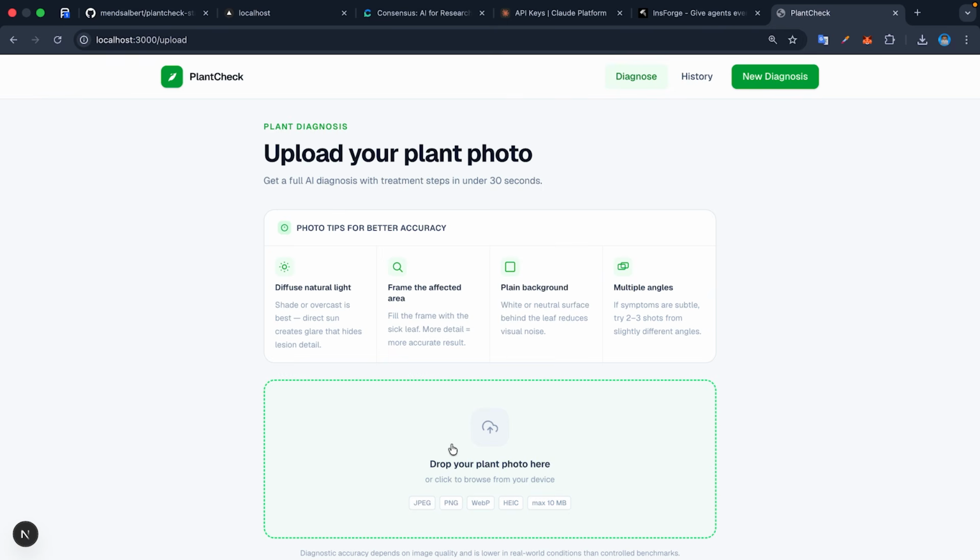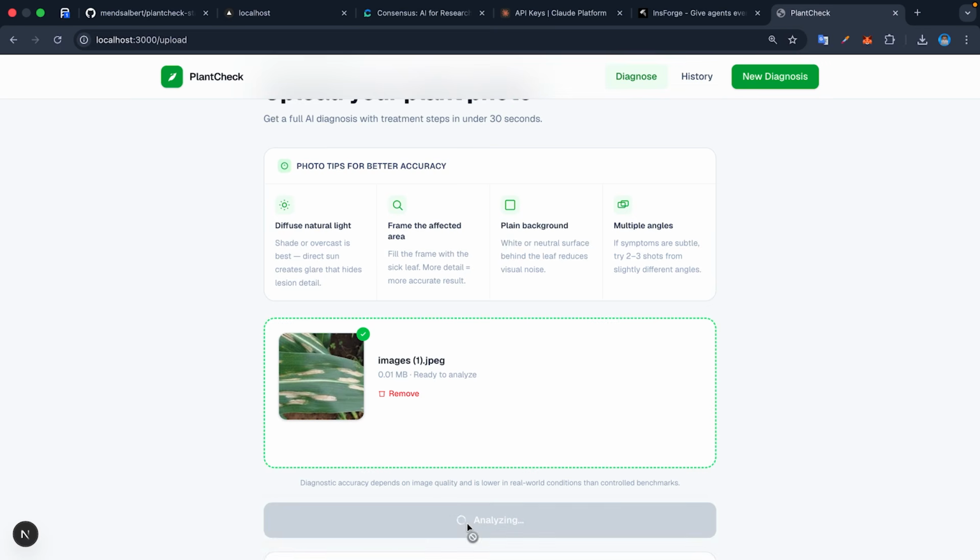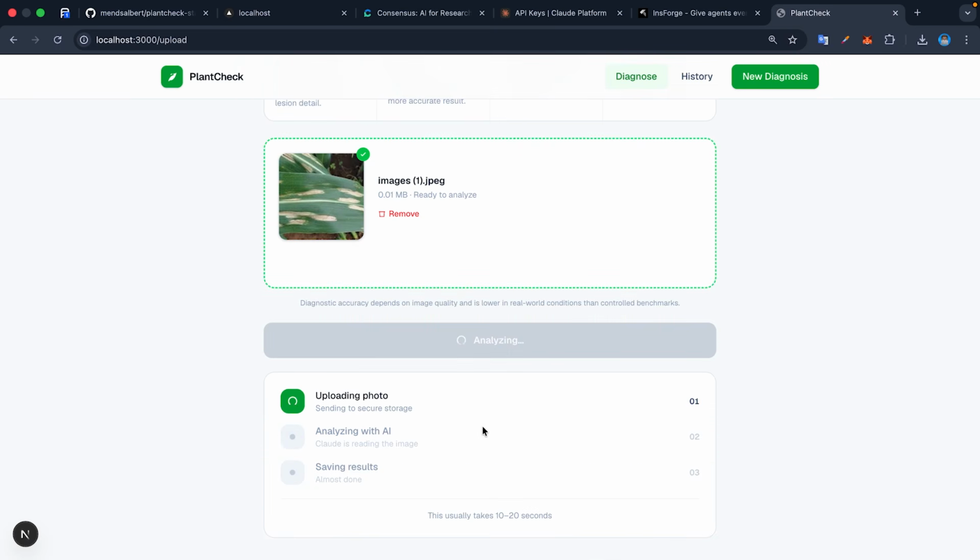Dragging images.jpg from Finder into the drop zone. The preview appears with a thumbnail of a corn leaf showing brown lesions. Ready to analyze? Clicking Analyze Plant. The loading stepper activates. Step 1, uploading photo. The call goes to